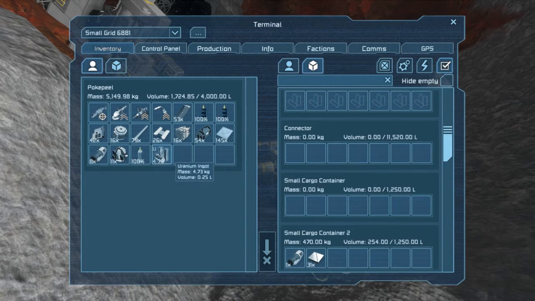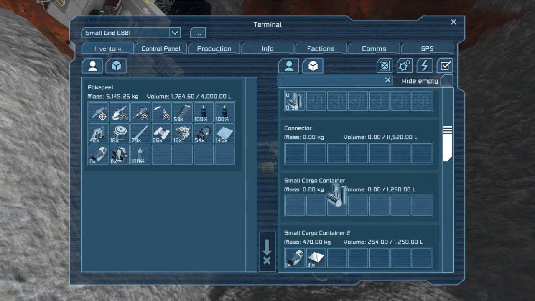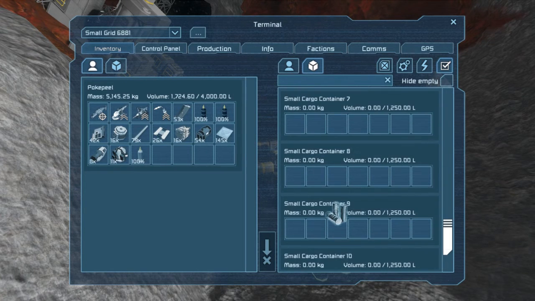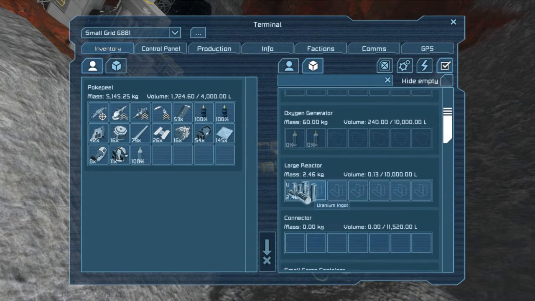So we've got 4 points, not all of it. Oh god, where did I put it? Has it gone back in? 4, okay, I'm not sure if that was actually even in a reactor. I don't think it was. It probably was. Large ship reactor. Okay, so what I'm going to do is I'm going to take...